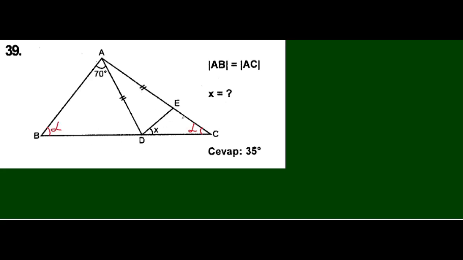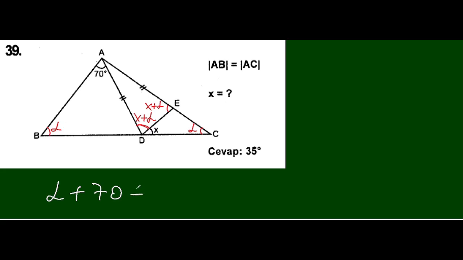And here we will use the secret term that I gave in the previous lesson. X plus alpha will be the measure of this angle. And as the sides are equal, this angle will be also equal to this angle. So the next step is to know that alpha plus 70, again this term, alpha plus 70 degrees